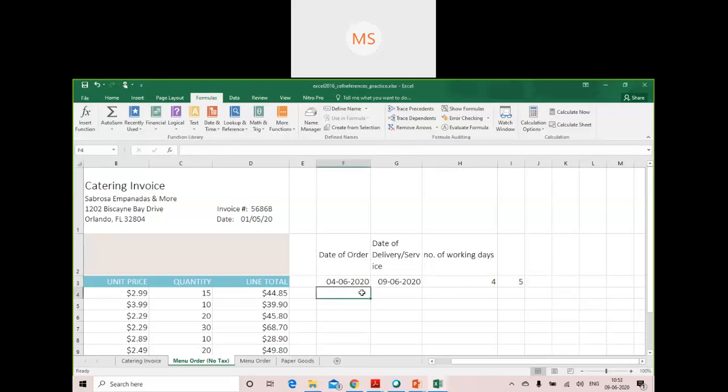Yes, we can also make use of the fill handle in functions, like we used to in formulas.